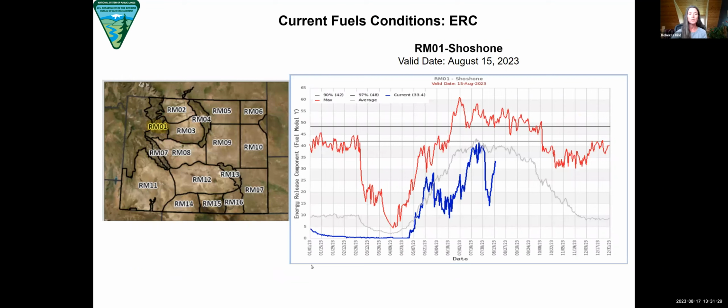All right, so the graphic on the left, that's just really a map of what are called predictive service areas. And those are grouped remote automated weather stations that are similar in weather and climate. So the first one we'll talk about is that Shoshone area. And here we have a graphic of the ERCs, and you can see that